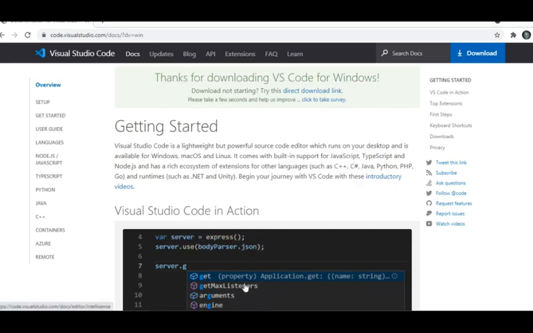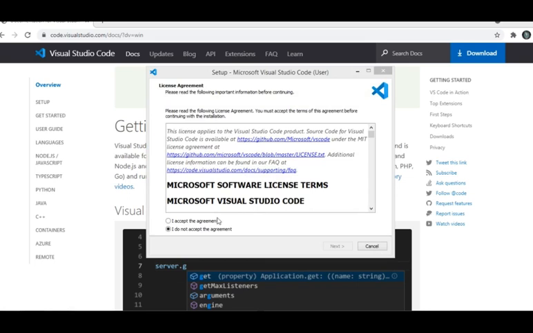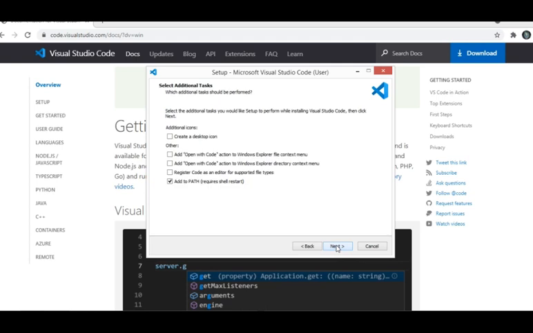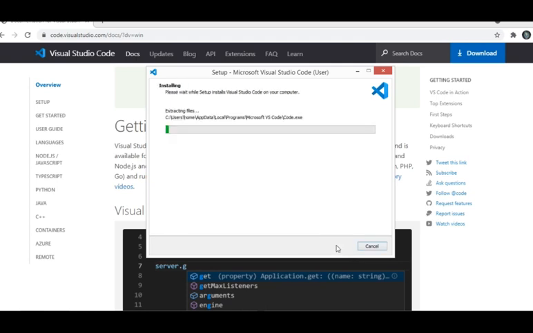It's installing. Let's accept the agreement. Let's click next, next, next, next, install. So this is how we can install VS Code.